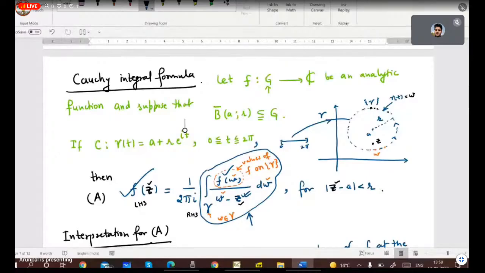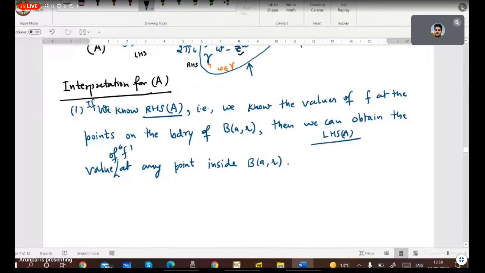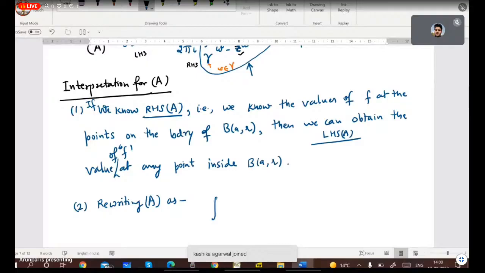Is this okay, class? Yes, sir. Now, second interpretation. Second interpretation we get on rewriting A. We rewrite A as this. Integral